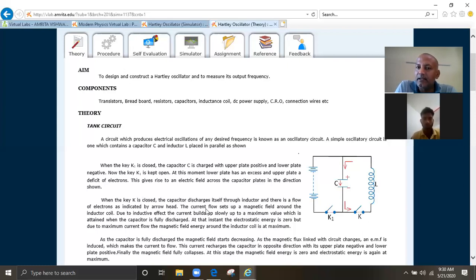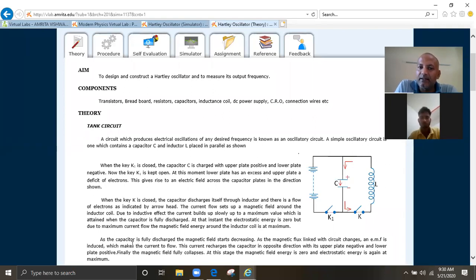The current flow sets up a magnetic field around the inductance coil. Due to the inductive effect, the current builds up slowly up to a maximum value, which is attained when the capacitor is fully discharged. At that instant, the electrostatic energy is zero, but due to the maximum current flow, the magnetic field energy around the inductor coil is at maximum.